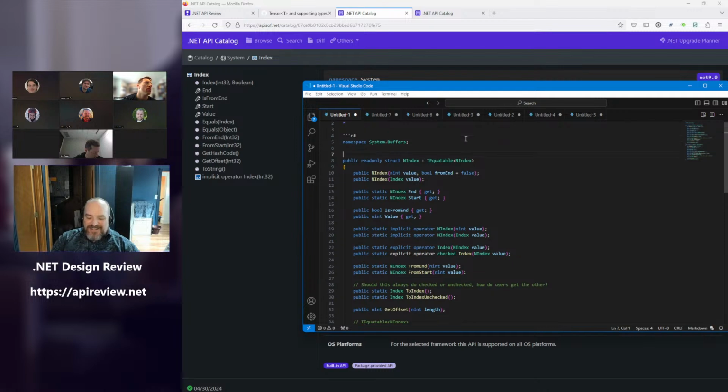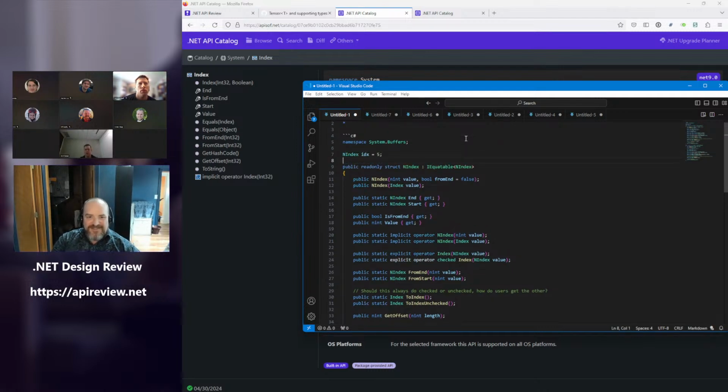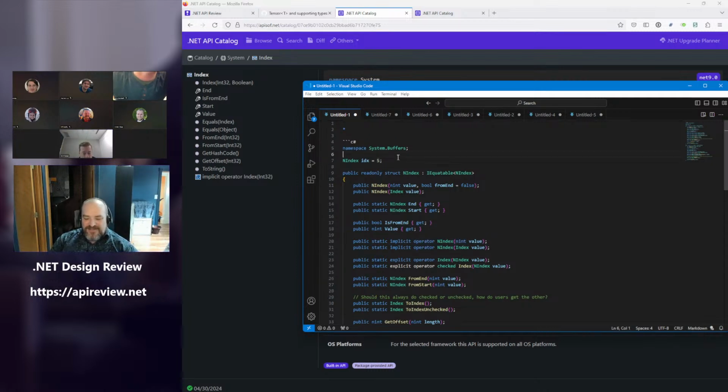I'm asking, will this compile with the shape that's currently on screen? Which is just the implicit conversion from Nint. So, literal conversion of 5 to Nint, and a user-defined conversion there. There's an implicit language conversion to Nint, and so therefore that should work.